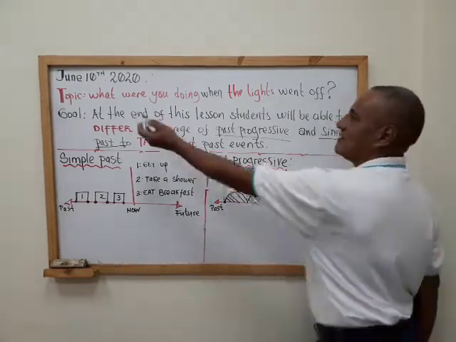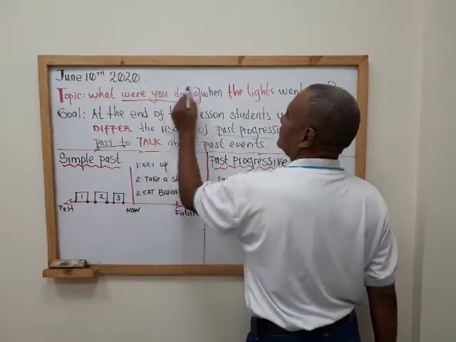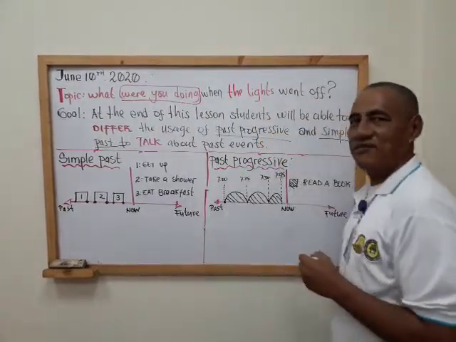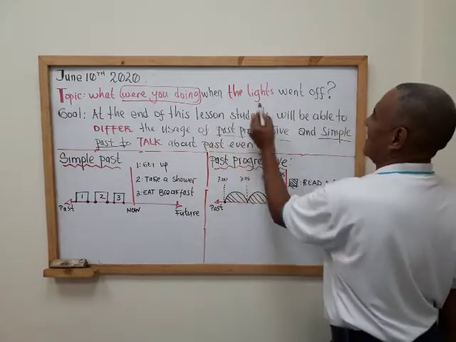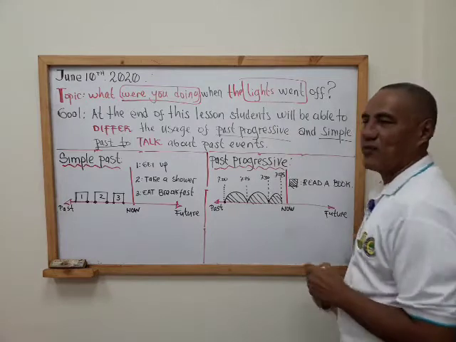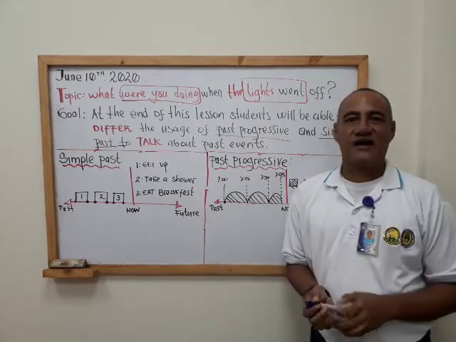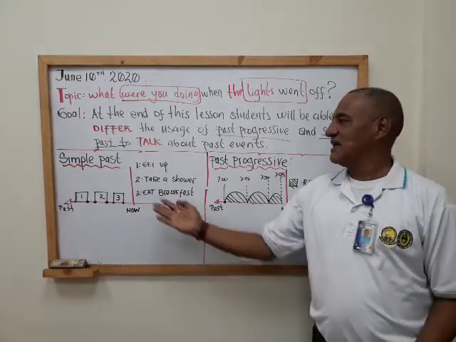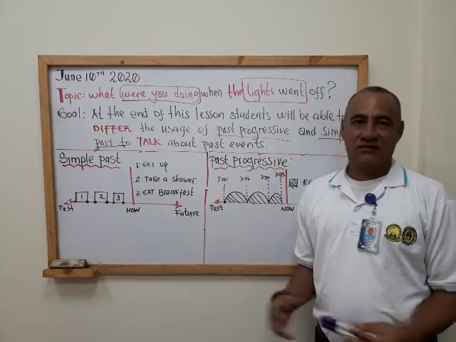So, look at the question. What were you doing? Right? That is past progressive. When the lights went off, all right, went off. This is simple past. Okay, just to make a review and compare the two tenses